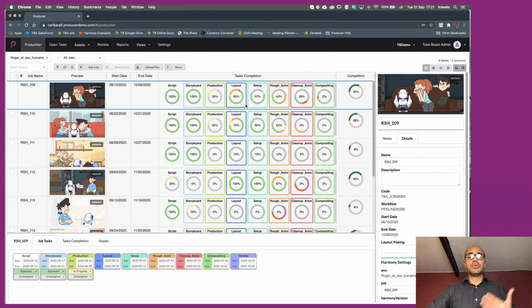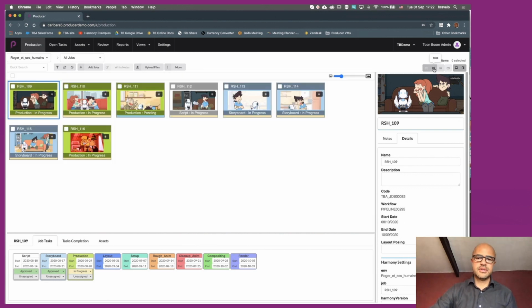And if you want a little bit more detail, you can go, for example, to the layout stage, hover above the pie chart, and see that this one is 65% done, with 15 scenes approved, 1 to be revised, 6 to be validated, and 1 in progress. So at a glance, you can have a quick look at how far things are going. There is also another type of view by going to the tiles option.